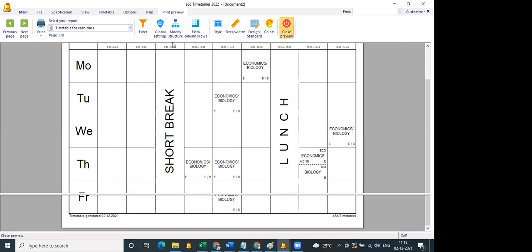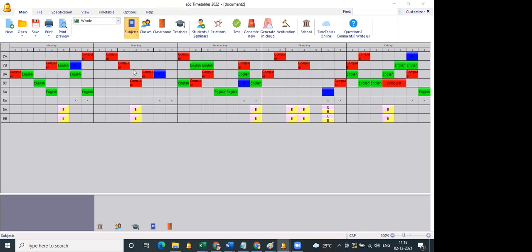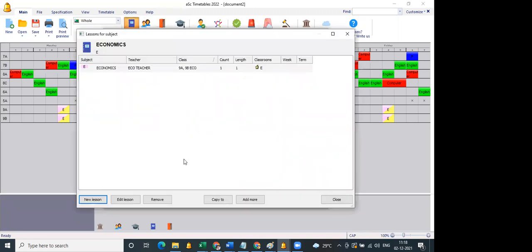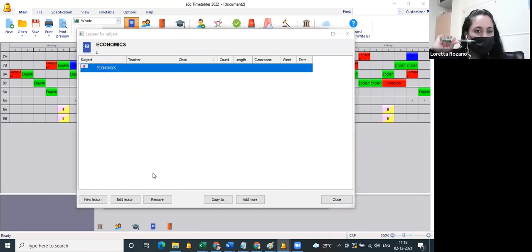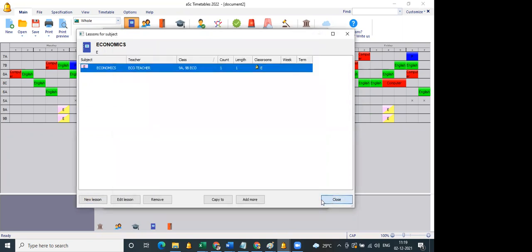And in fact, you can mention which classroom you want to use specifically. I have clearly mentioned which classroom here. So you can use the home classroom of class 9A, the home classroom of class 9B, and the classroom economics. And if there is a biology classroom, you can also add that biology class. If not, you can skip it.